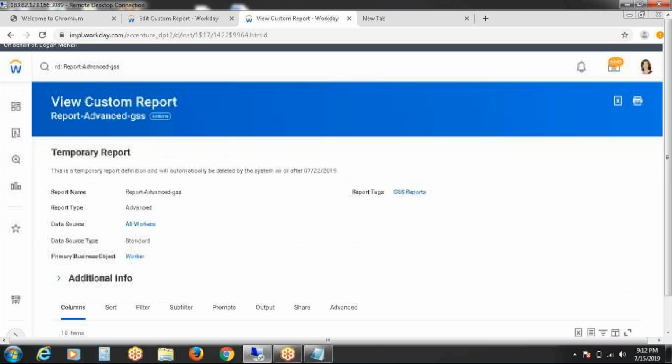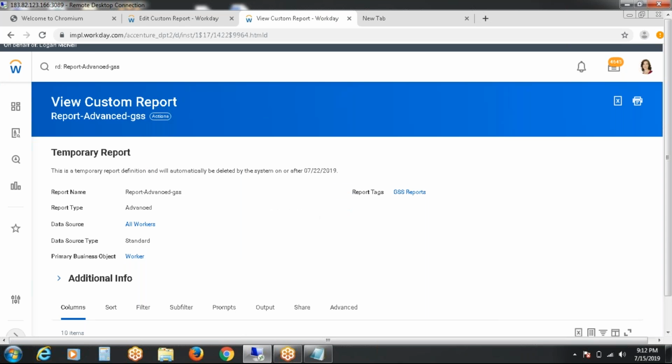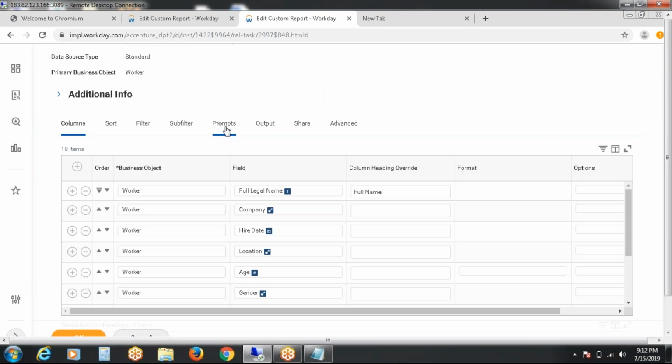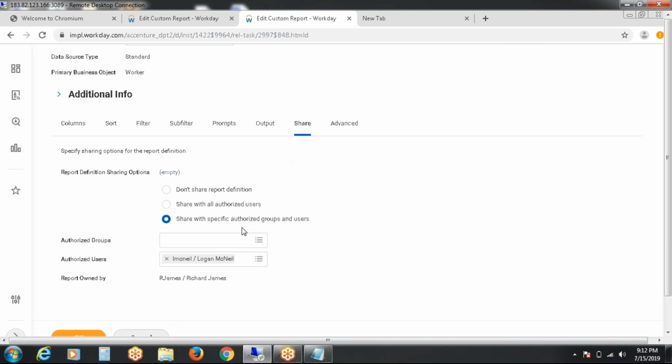So can I edit the report? Go to related actions, custom report, and you can edit the report. Edit the report. As prompts are shared, whatever I can, I am able to edit the report accordingly.